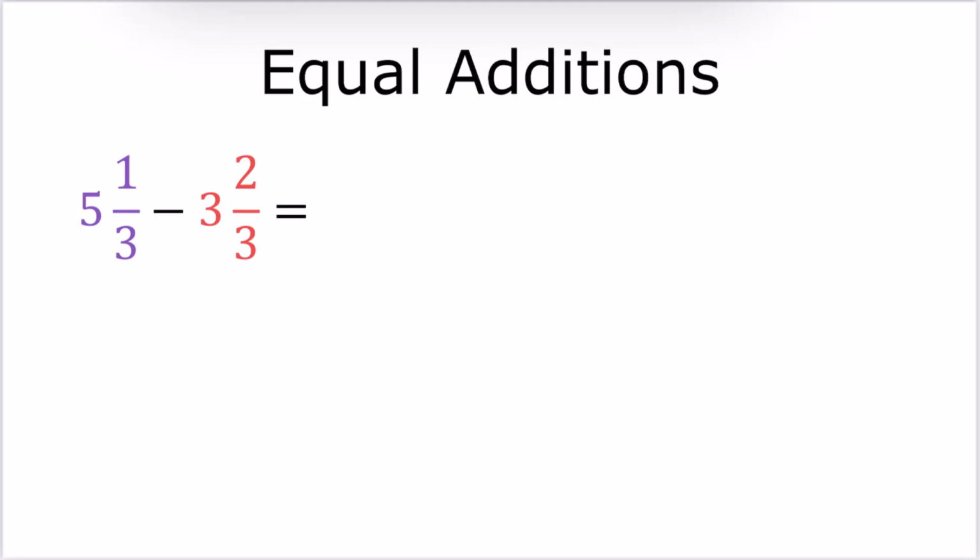So the way that we would do this in this problem is I would add 1/3 to both parts. So I would say, okay, well, 5 1/3 plus 1/3 is 5 2/3. And if I do 3 2/3 plus 1/3, that gives me the whole number 4. And this problem is much, much easier to solve because if I do 5 2/3 minus 4, well, that just equals 1 whole and 2/3. And so the equal additions method can be really useful when you have the first fraction that's smaller than the